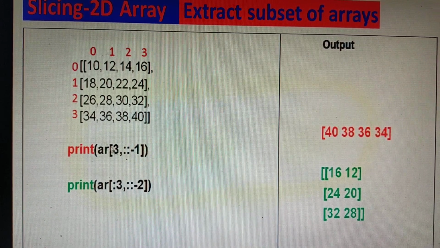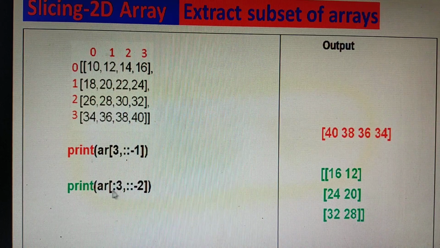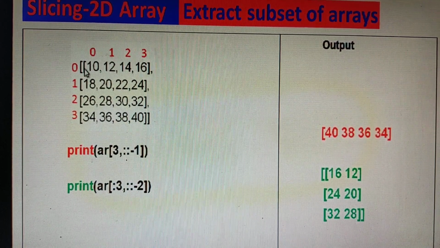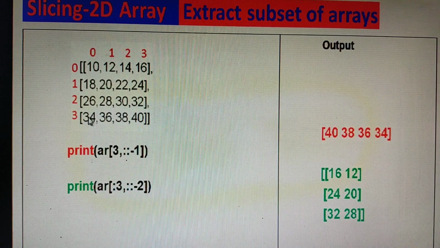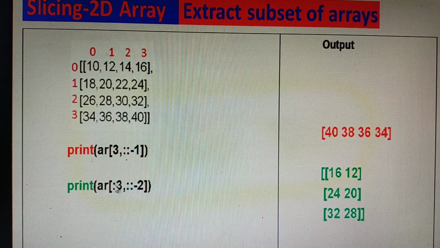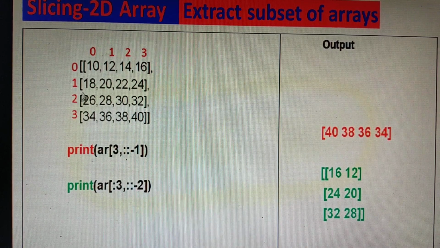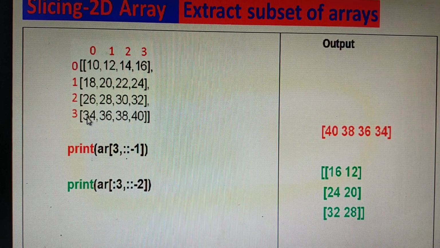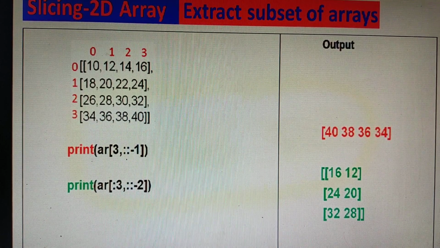So 0 colon 3 will display 0 to 2; 3 will be excluded, so it takes only indexes 0, 1 and 2.